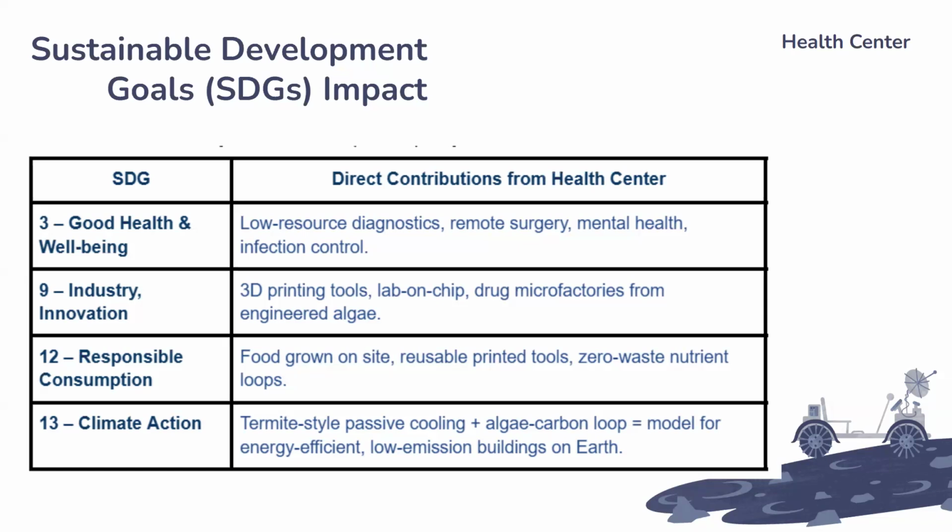And finally, SDG 13, which is climate action. It is not the most expected impact, I would say, but it will teach us how to live with less energy, smart materials, and passive systems, like a termite mound-inspired ventilation system, which can be used for passive air control and will help redesign buildings in equatorial cities and reduce reliance on energy-intensive HVAC systems that we see, especially here in Mumbai, because it's really humid. So these are systems that can be applied to cities like Mumbai here on Earth.